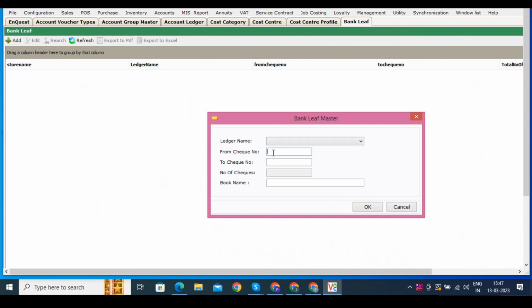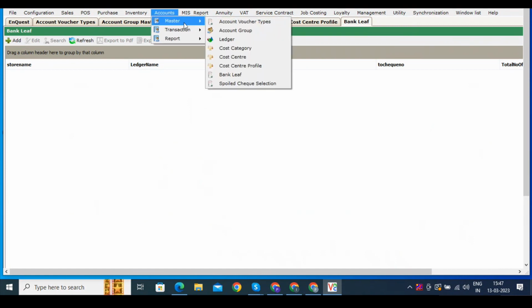Then you will select and write the bank leaf starting from and ending at. So how many checks would be there, that would be calculated on a default basis, and the book name, that is, which bank name you want to add. So generally people identify and make a unique identification number with the name of the bank or any other thing they require. This is how the bank leaf master would be defined, and based on that you can